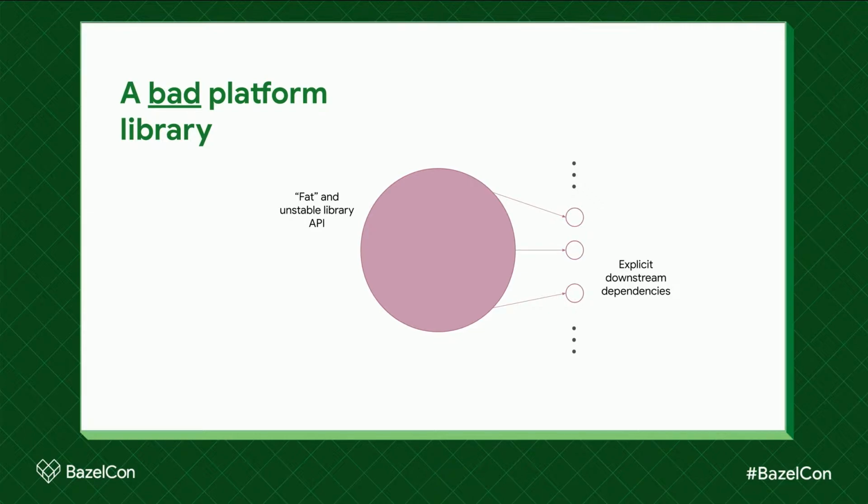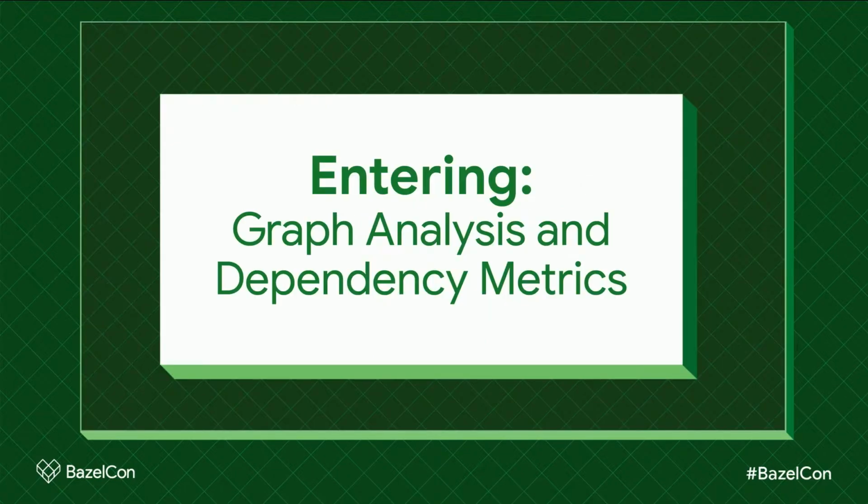Another example of a bad platform library is this type of thick and fat API, illustrated by the thick, fat, pink circle that we see on the screen. Here, we haven't properly separated out the implementation from the API logic, and all of this is contained in the same big target. Because of the vast size, it becomes heavier to build and process, and also, since the implementation logic is contained directly in it, we see a lot of changes directly to it, which then invalidate it and cause issues also to the downstream dependencies. And the iOS pill that you saw in the beginning in the top list is one example that behaves something like this.